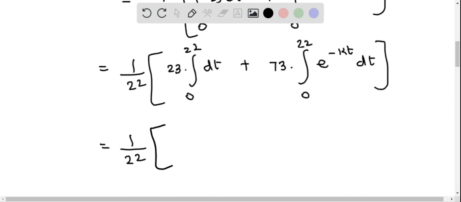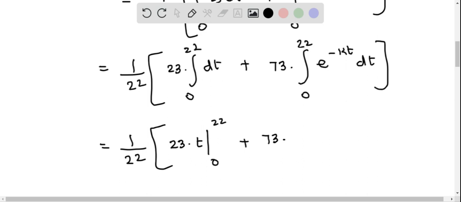Now let's integrate the dt. Notice that integration of dt is just t. So this becomes 23 times t, which is 23t. And I have to apply the limits. So I can put this like this, 0 to 22, plus 73 times